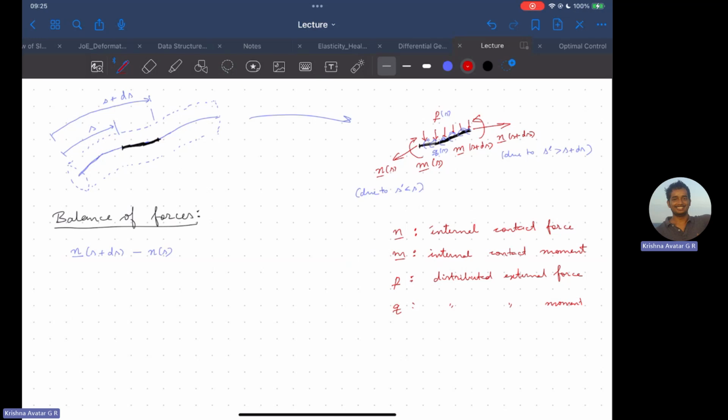Typically what is done is you just assume that there is a minus here, because we want to find the net force. Otherwise, it doesn't make sense to add them up, since we are balancing along some direction. So let's say we have this minus here, then plus p of s,